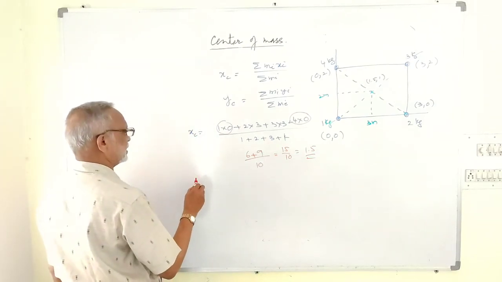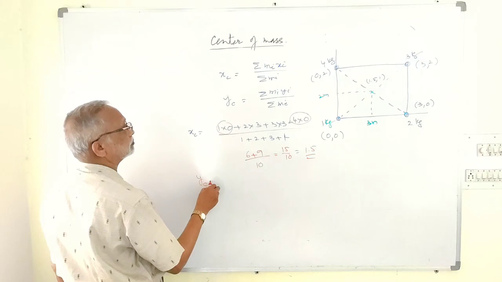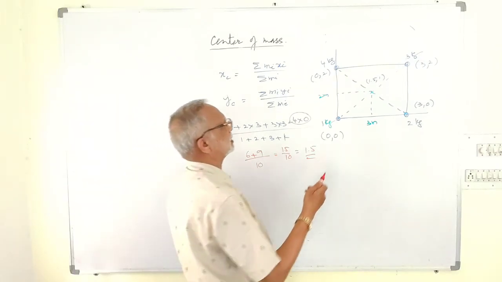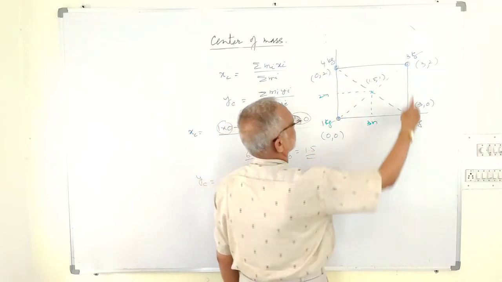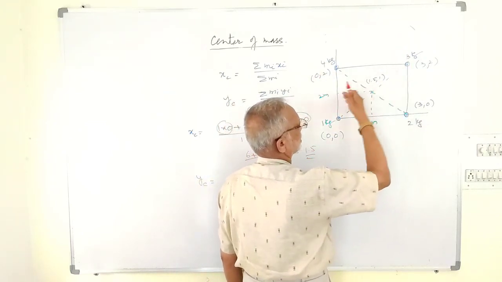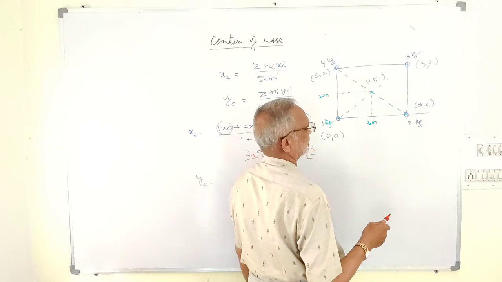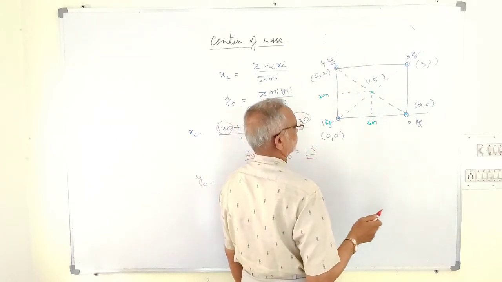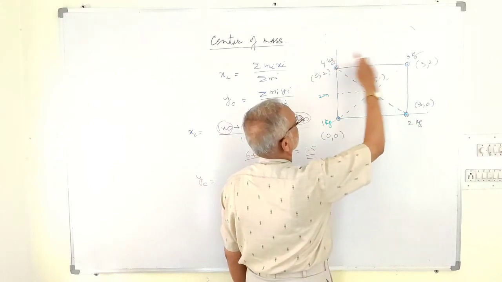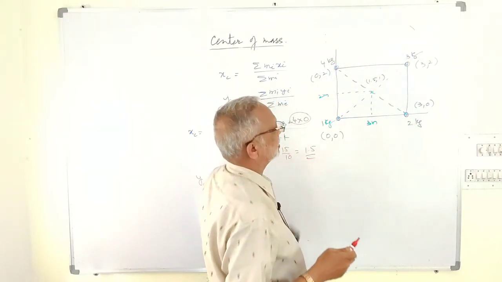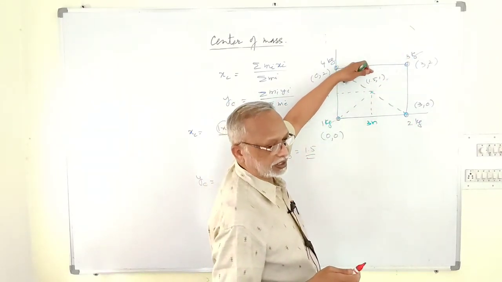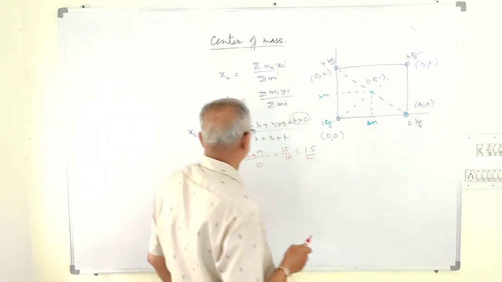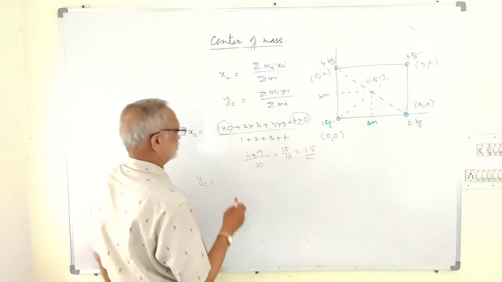Now let us find Yc. This you would have got directly also, because you see this is 5 kg, this is 5 kg. So along this line, the center of mass will be at the center. But in this direction, it won't be 1, because here 3 kgs, on this side we have got 7 kgs. The center of mass will be closer to 7 kg, so it won't be at the point of intersection of the diagonals.